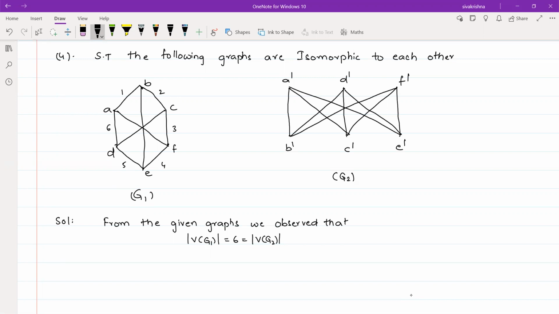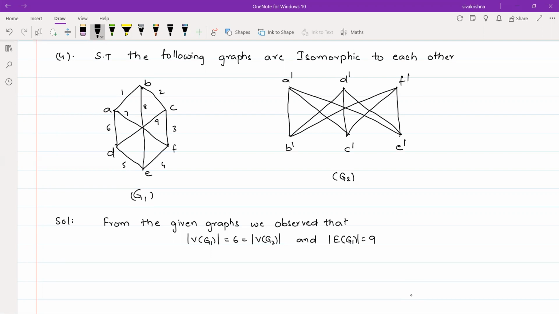From A to F, we are having another one, that is seventh one. From B to E, so treat that as eighth one. And from C to D, we are having ninth one. So in graph 1, we are having 9 edges. I am writing that number of edges in graph 1, it means order of E of G1 is equal to 9.